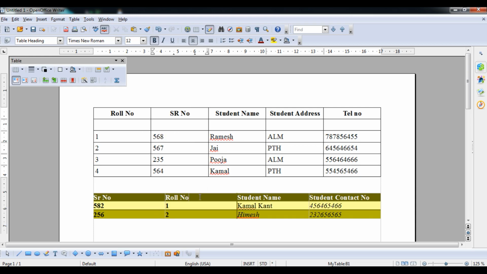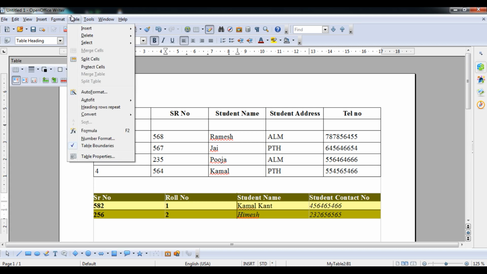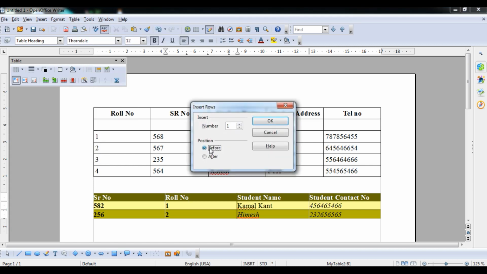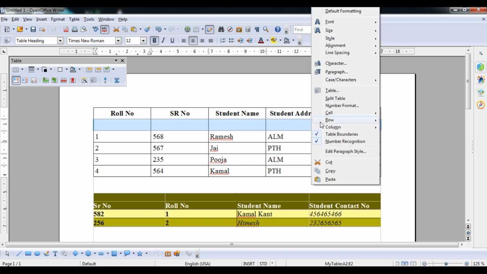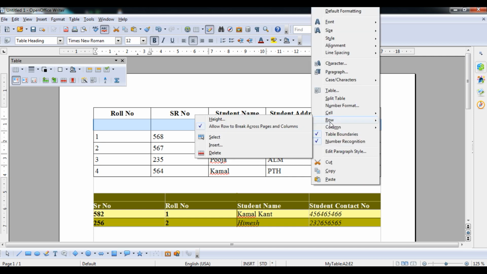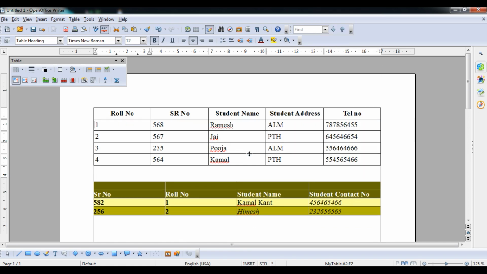Here also, table, insert, then row, just before, like this. If I want to delete this particular row, what I will do student, you have to select this particular cell, I mean this row, right click on this, and then go to delete option, and there will be row. So click on row and then go to delete option, it will delete it.